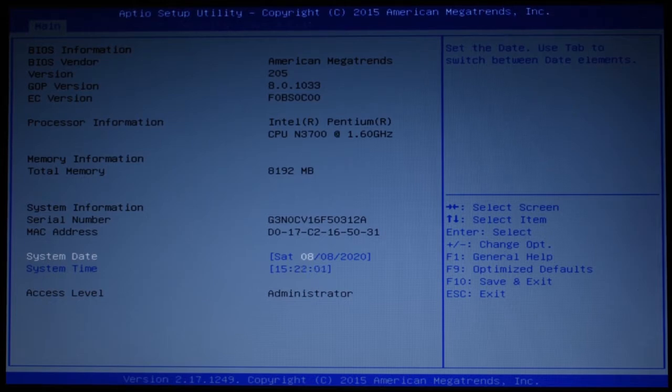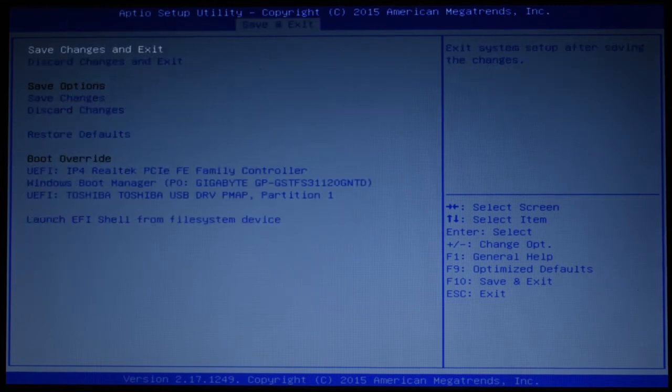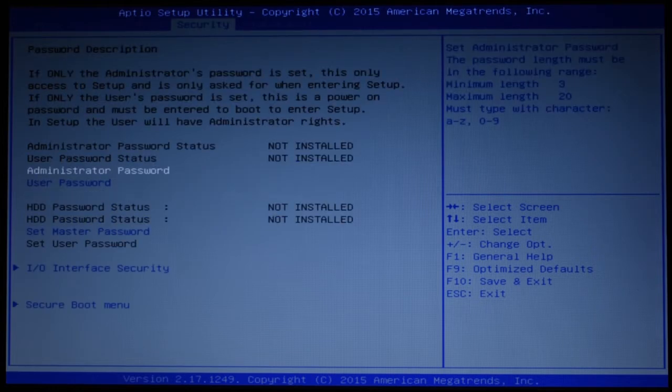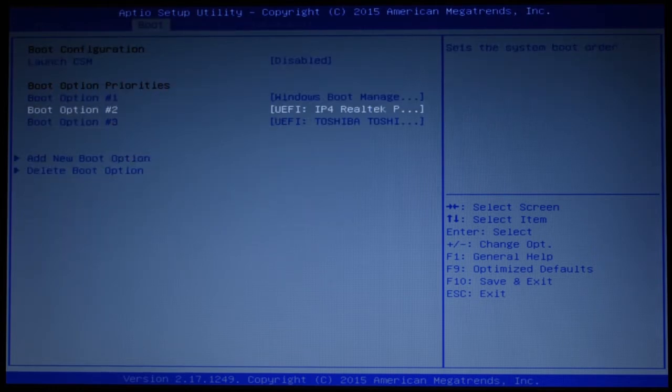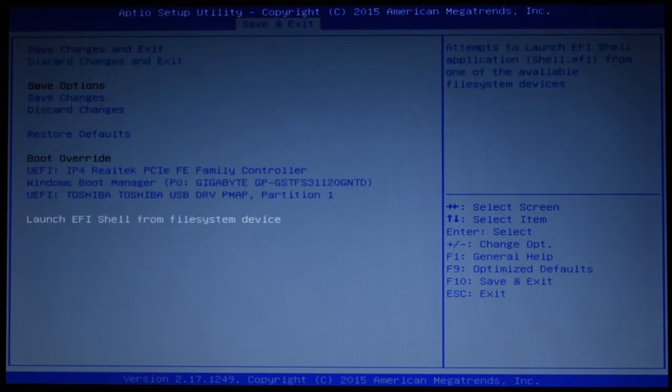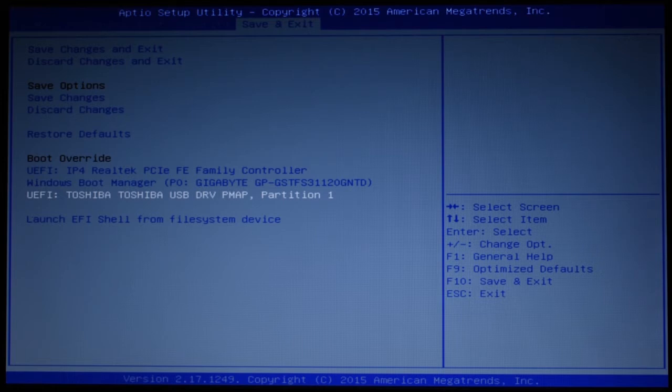Now what you need to do is select your boot drive, which is the USB drive. So I'm going to select my USB drive and override the boot using that. If you don't have this option, you can just go to boot option and select your USB drive as the primary boot drive. For me, I'm not going to do that. I'm just going to select the Toshiba drive as my boot drive. So click enter